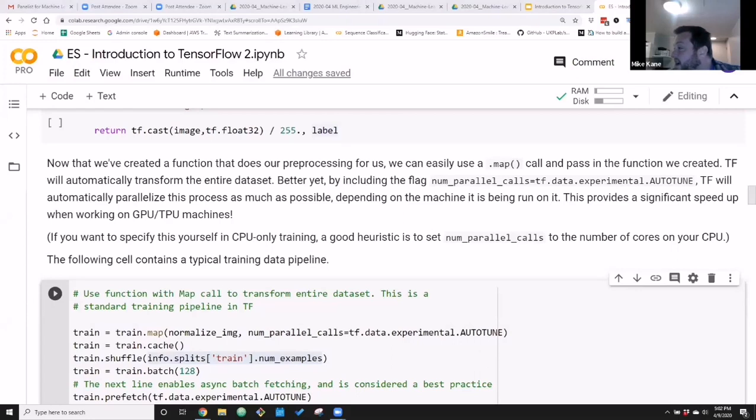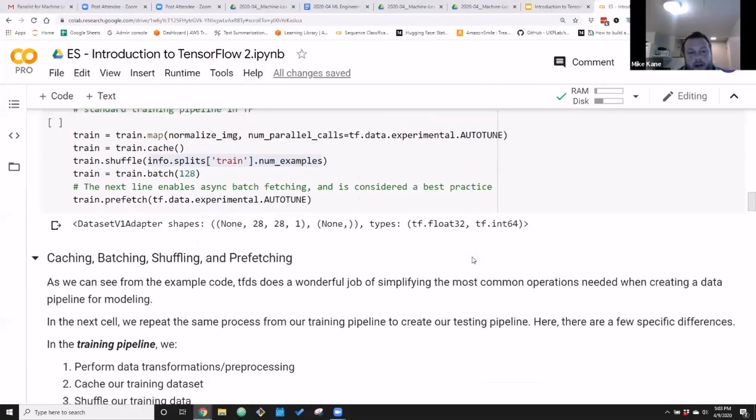Subasis asks, are we going to have access to the code? Yes, you will. So you do have this in the link here. If you scroll up in the chat, you'll see the links to this Colab notebook and all that good stuff, as well as in the document. We will be emailing these after. So short answer, yes, we will. Make sure you guys have all this good stuff to go. So let's keep moving here.